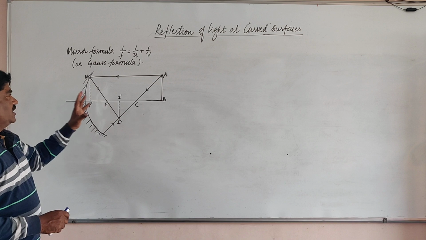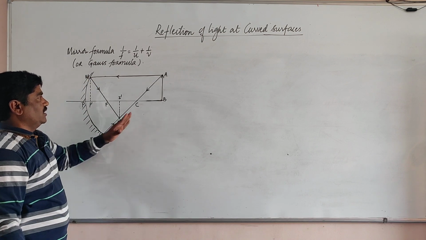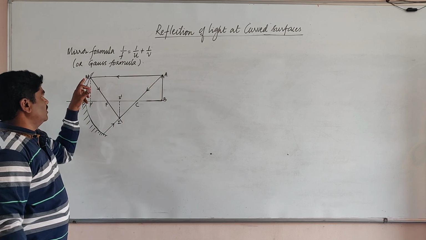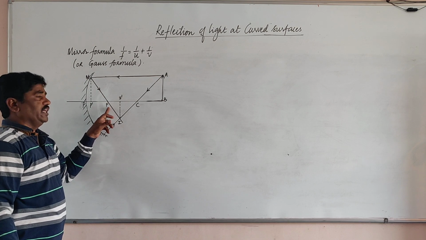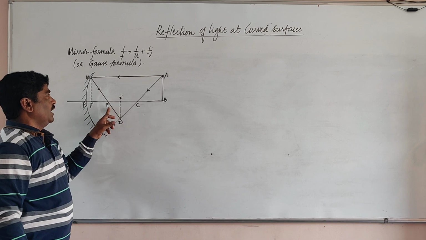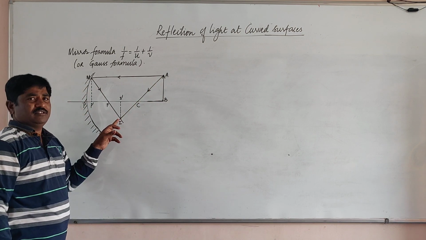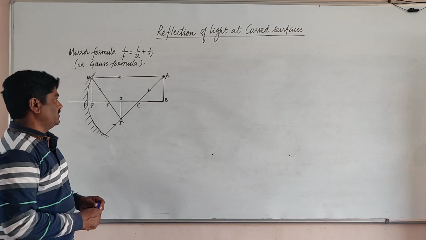As you know how the ray diagrams can be generated, this is a concave mirror, and when the object is kept beyond C, the light ray which is incident on the mirror at M, after reflecting, passes through the principal focus F, and the light ray which comes through C intersects at this particular point, and this is called the image.